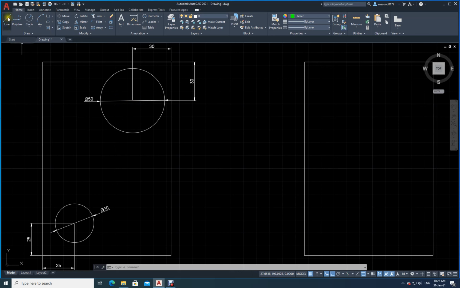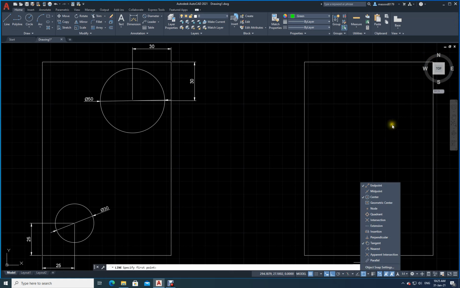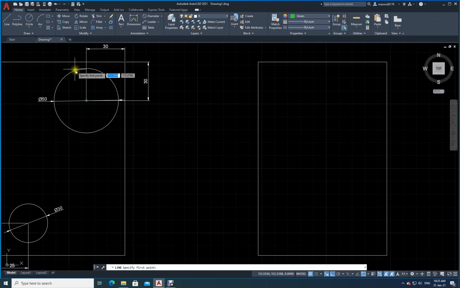Okay. So now I will take the line command. Go to this corner. What I will do here, in the running object snap, I will select endpoint. Okay, very good. It's already selected. Just let me move it a little bit. I will escape. I will just go and select endpoint. I will come down by how much? 30. Enter. Then I will go like this. 30. Enter, then escape. Okay. So similarly from the bottom I want to draw another line. From this corner I will come like this, 25, enter, then I will go up 25, enter, escape. Okay. I have this point and this point.